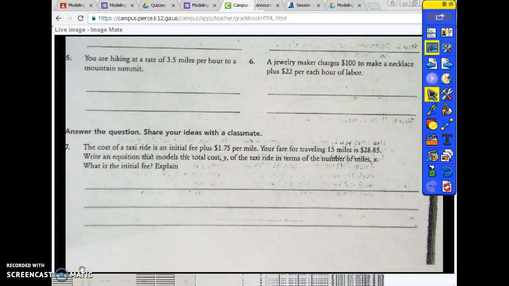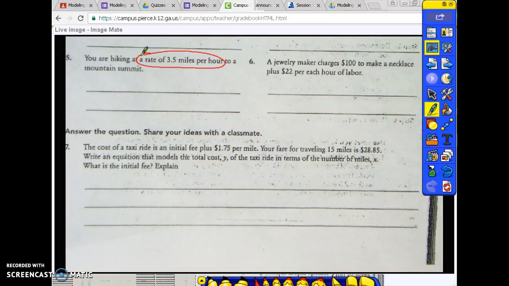Alright, number 5. You are hiking at a rate of 3.5 miles per hour to a mountain summit. Before any time has passed, you've not covered any distance, so your initial value is 0. And you're hiking at a rate of 3.5 miles per hour, so that is your slope. So y equals 3.5x. If your y-intercept or your initial value is 0, you don't write it, because adding 0 does not change